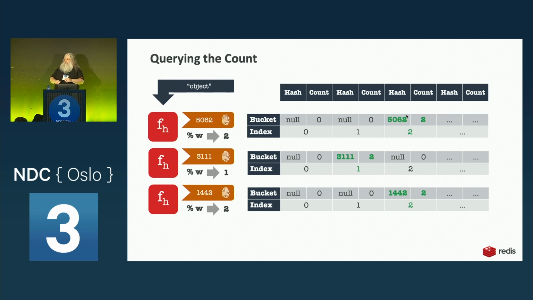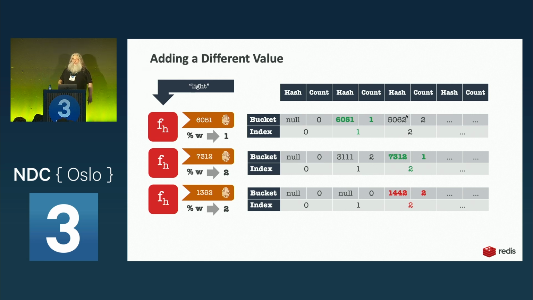So kind of boring. This sounds like counting the hard way right now, right? It's like counting with extra steps. But it gets interesting when you start adding other things. So another popular UFO shape is light. And with light, we do this calculation, and in the first row, we find an unclaimed bucket, and so we claim it. And in the second row, we find an unclaimed bucket, and we claim it.